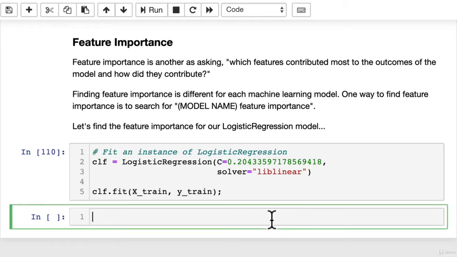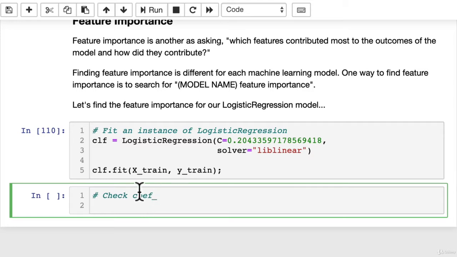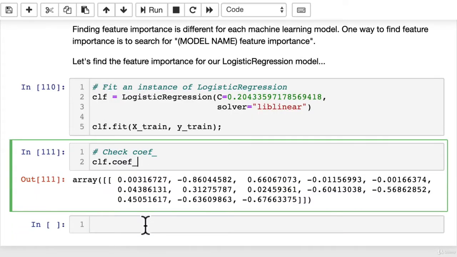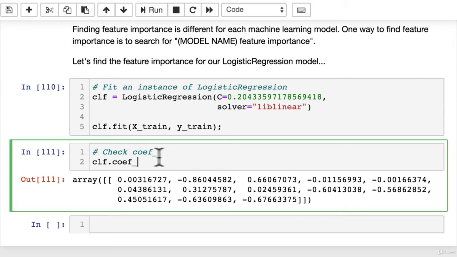Wonderful. And now, through our research, we've found that there's an attribute to our fitted logistic regression model called coef_, which stands for coefficient. Okay, and the way I kind of remember this for logistic regression is coefficient kind of reminds me of correlation. But let's see what happens. Remember, we found this through our research. We've looked up how to find the feature importance for a logistic regression model, and it's told us if we're using scikit-learn, specifically logistic regression, and if we fit the model,